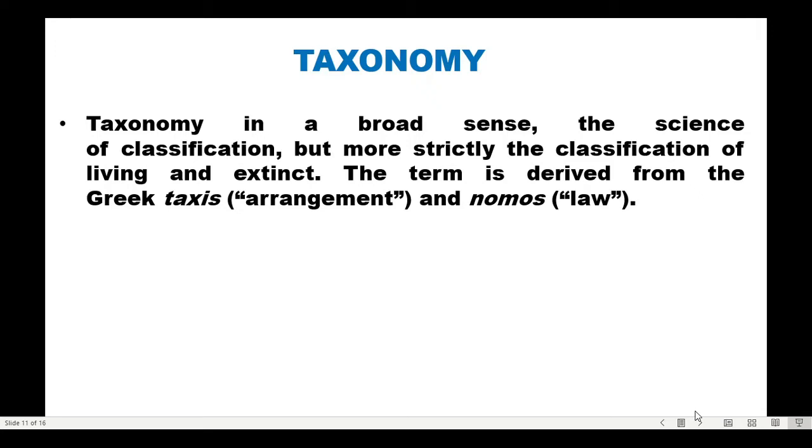Let's go to taxonomy. So when we say taxonomy, in a broad sense, this is the science of classification, but more strictly the classification of living and extinct. So hindi lang yung mga nabubuhay, kasama na rin yung mga na-extinct na. The term is derived from the Greek word taxis, which means arrangement, and nomos, which means law. So meron palang law or arrangement kung paano natin